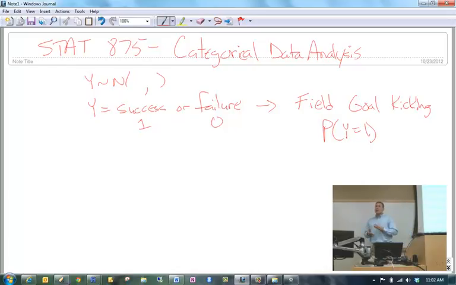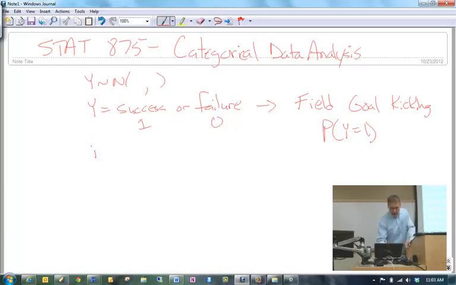And then once you determine which predictive variables might affect the probability of success, you want to know how much they affect it. So we look at various measures or ways to gauge that information.